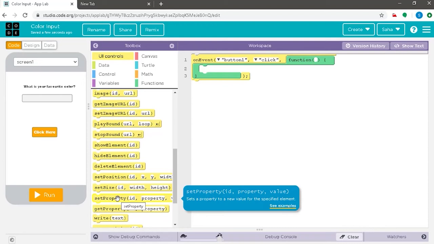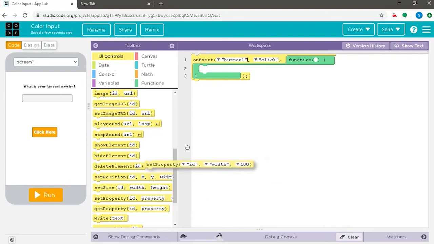So basically, as you can see, the set property command is to set a property to a new value for the specified element. So we shall drag the set property command and assemble it in our script, which is in the workspace or the scripting section. So our set property has got different characters, which is ID, property and number.